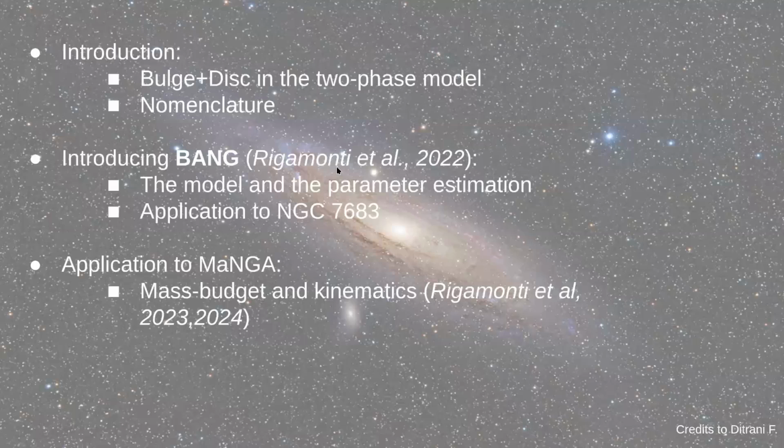Okay. So as I was saying, I will first introduce bulges and disks, and then explain some of their properties, and then define the nomenclature. And this already tells you that we have some controversy in the literature. And as we will see, this is going to be somehow a problem in the interpretation of the results. Then I will introduce you to our approach to the bulge and disk decomposition. And finally, I will tell you about the results that we got by applying this new methodology to the largest sample with integral field spectroscopy, which is MaNGA.